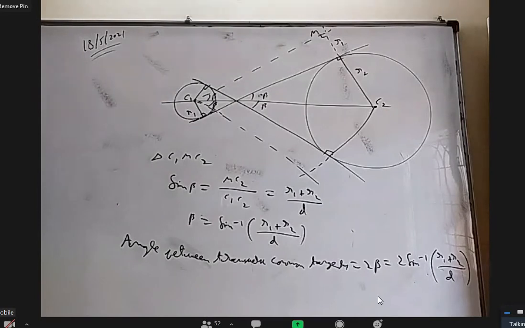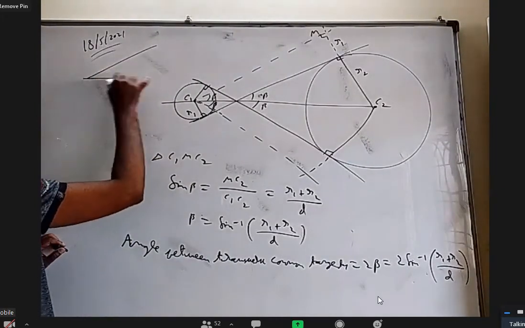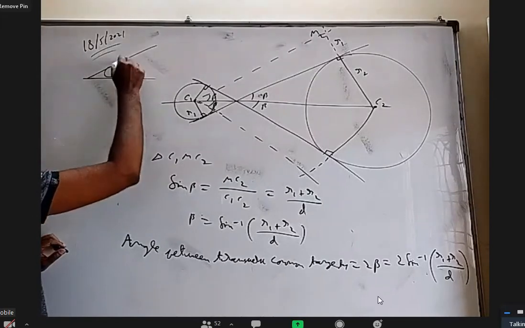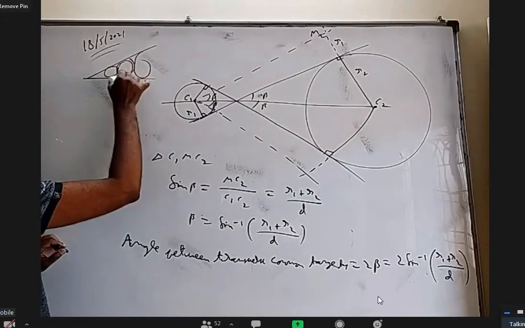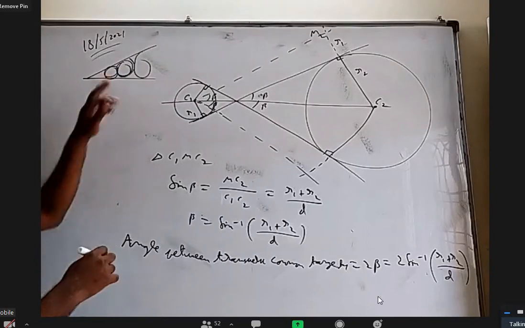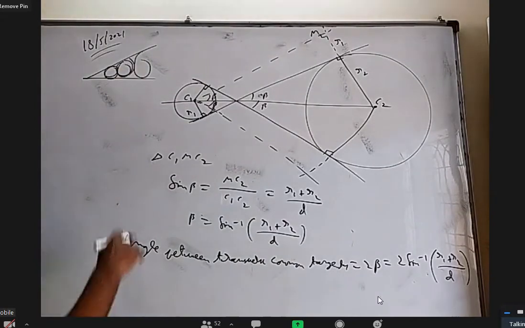Okay, I want to stop here, but I just want to give one question. If you want, you can think about it. Earlier, I already gave a question that two circles are there touching all three like this. There are two others. Show that their radii are in geometric progression.